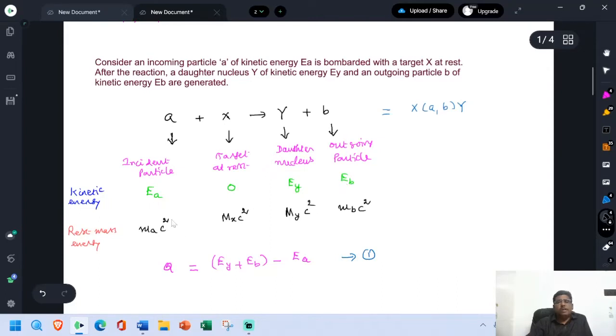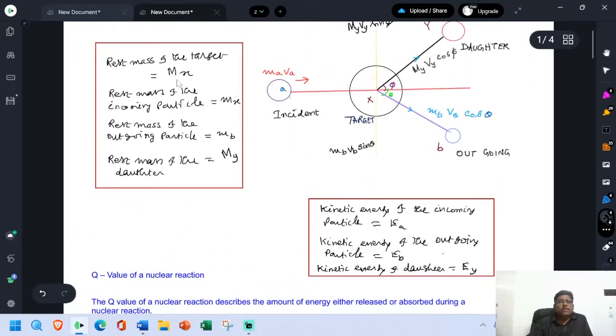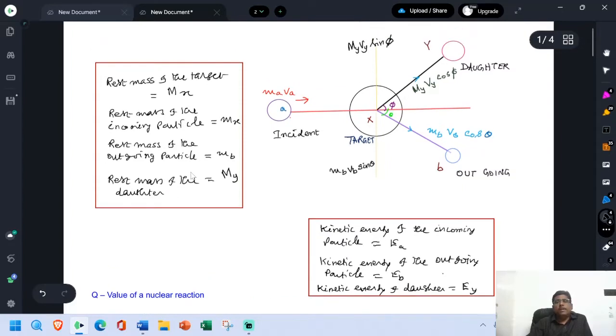The rest energy of the incoming particle is mAc square. The rest energy of the target is mxc square. Then the rest energy of the daughter is myc square, and the rest energy of the outgoing particle is mbc square. We have given the rest masses and other things here. Mx is the rest mass of the target, small m suffix a is the rest mass of the incoming particle, small m suffix b is the rest mass of the outgoing particle, capital M suffix y is the rest mass of the daughter. Because X is the target, small a is the incoming particle, Y is the daughter, and B is the outgoing